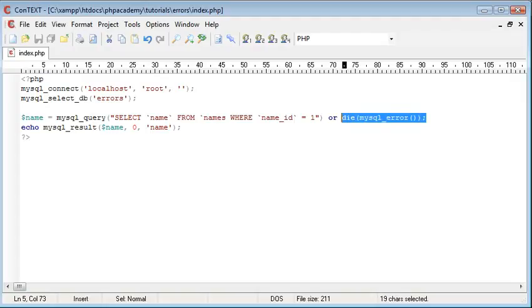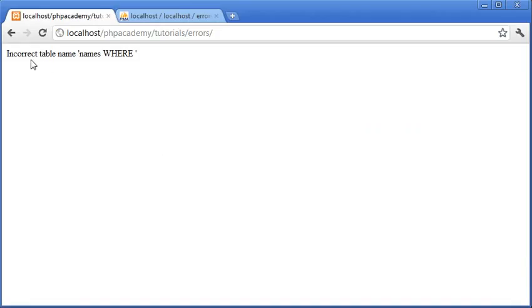And we're echoing out the MySQL error. And it says here, incorrect table name names. The reason for this is that you can see we missed out the last single quotation mark here, and therefore it's taken names where as the table name. So you really need to carefully analyze these errors, because obviously this error doesn't make sense, because we're obviously not